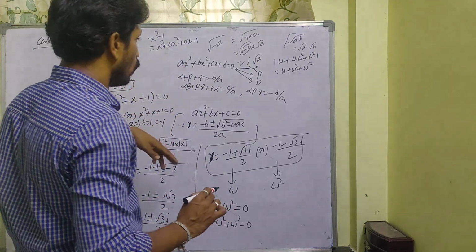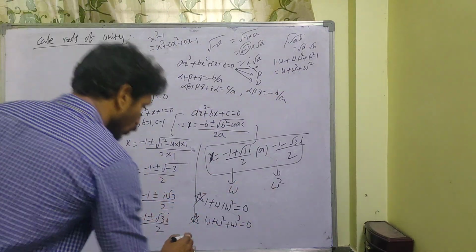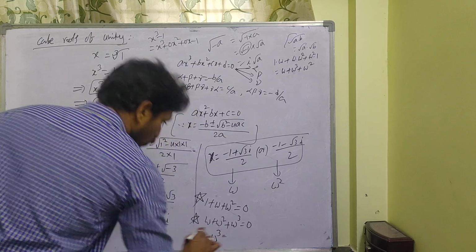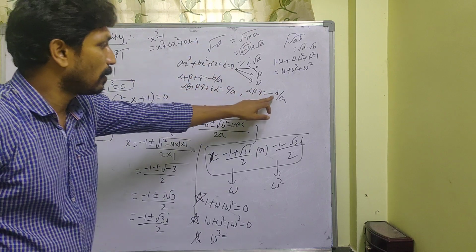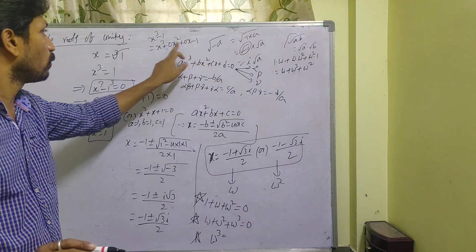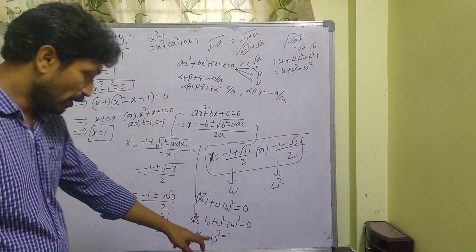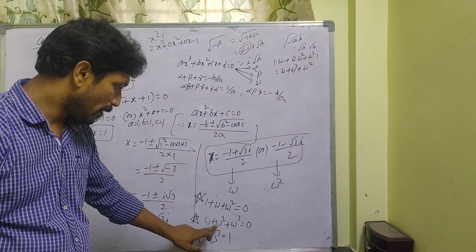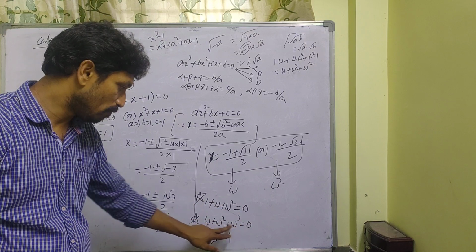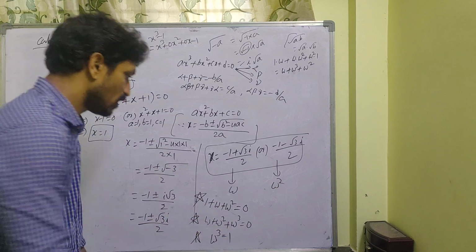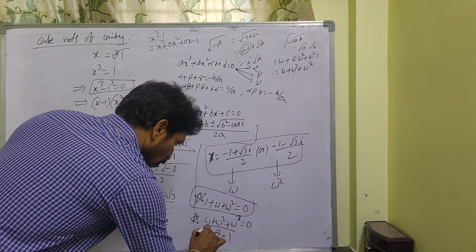And product of the roots. What is product of the roots? 1 into omega into omega square, that is omega cube. So omega cube value, that value is minus of this formula, minus d by a. That is minus of minus 1 by 1. Minus of minus 1 means 1. So omega cube is equal to 1. Because omega cube is equal to 1, omega plus omega square plus omega cube is also 0 based on this one. Because omega cube is equal to 1, so it is nothing but 1 plus omega plus omega square. Both are same only. These are the very, very important formulas, these two. So no need to remember this one. If you remember this one and this one, automatically second point you get.